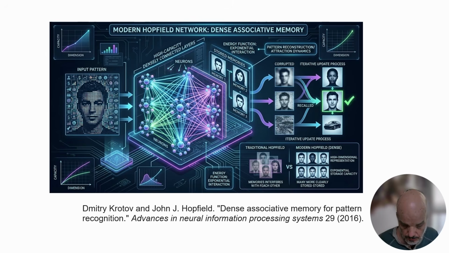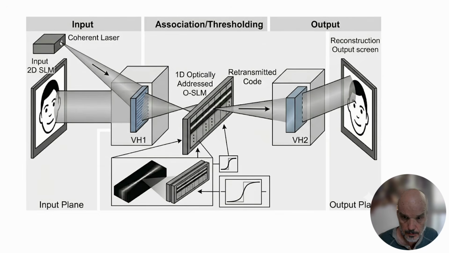I won't get into the details of that work, but one of the major points of this paper that Greg Nero and I have published is to show that the kind of nonlinearity that you need to create a dense associative memory, or modern Hopfield network, can be achieved with a multi-stage volume holographic architecture.